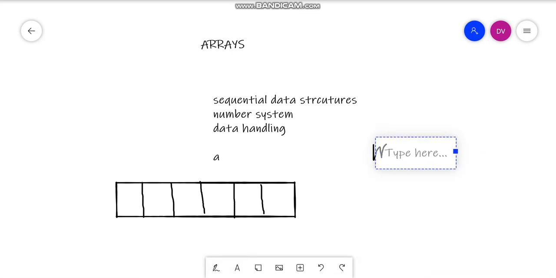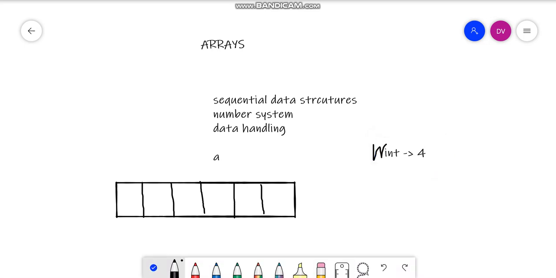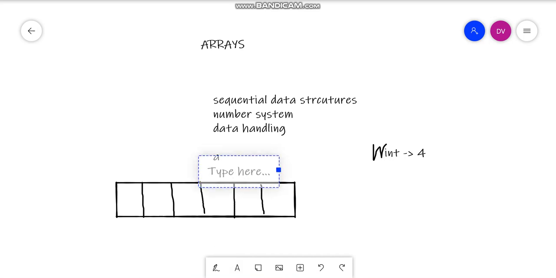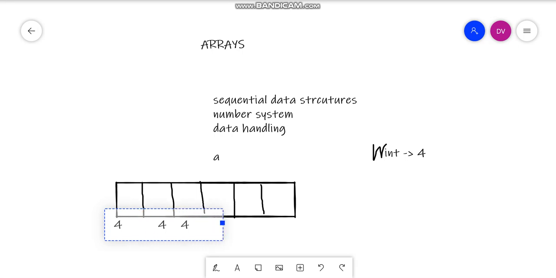For example, we can say that int takes in 4 bytes, so this whole location will be of 4 bytes for an integer array. Means each will be of 4 memory locations, 4, 4, 4, 4, and again 4.